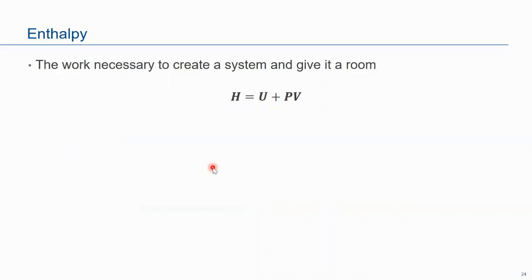Next important thing that you need to understand is yung enthalpy. So sa enthalpy, yung internal energy U tsaka yung PV work, which we haven't really defined completely, but we'll get to that later. But these two energy terms, madalas makita silang magkasama in thermodynamics. So gumawa tayo ng paraan para ma-describe yung kabuuan ng internal energy at ng PV work, and we call that enthalpy. Ibig sabihin si enthalpy, hindi talaga siya form ng energy, but it's just a way for us to collect these two terms, internal energy and PV work.